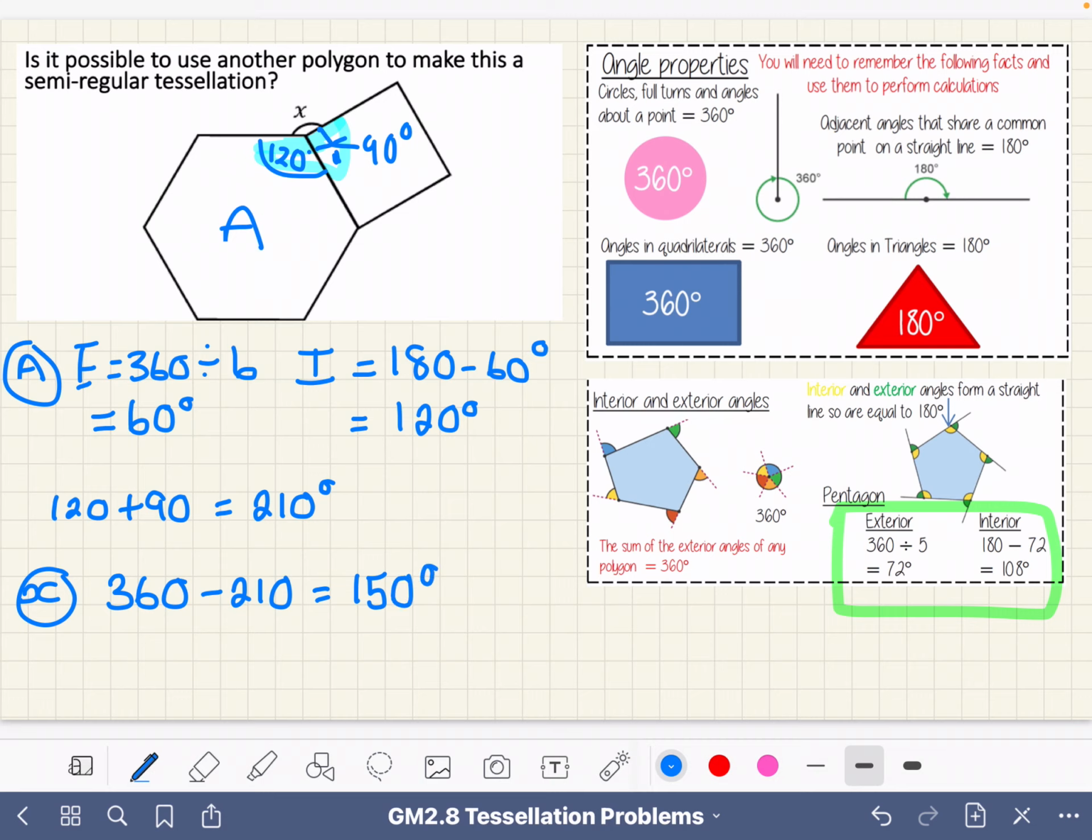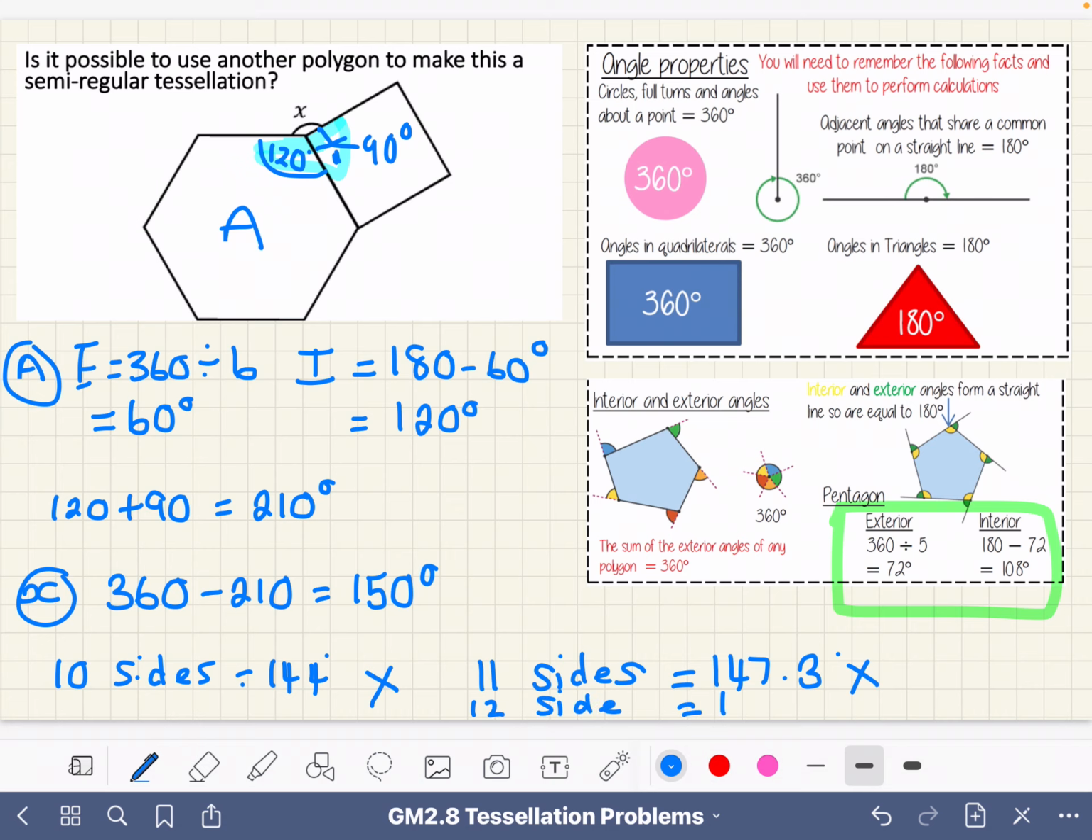At this point you need to check to see if there is any shape with an internal angle of 150 degrees. Now I can tell you that a 10-sided shape, okay, so the 10 sides, equals 144 degrees, so that will not fit. However, an 11-sided shape has an internal angle of 147.3, so that won't fit. But a 12-sided shape has an internal angle of 150 degrees, so that will tessellate with the shape above. Okay,